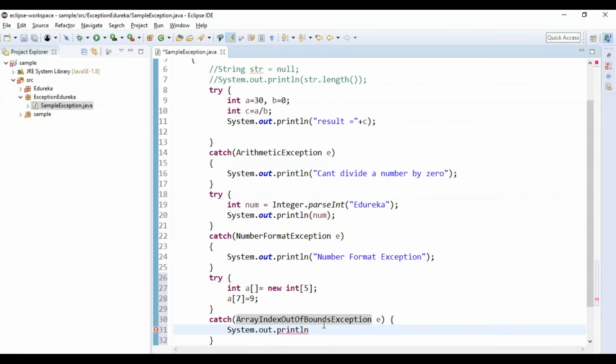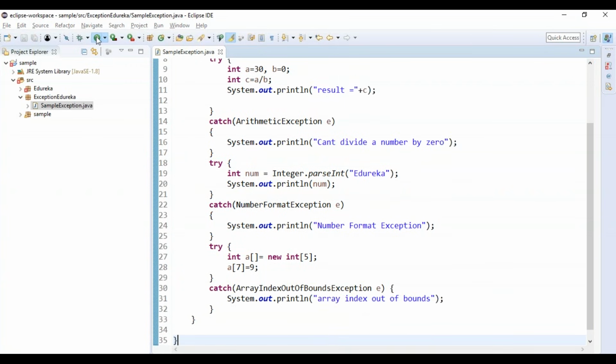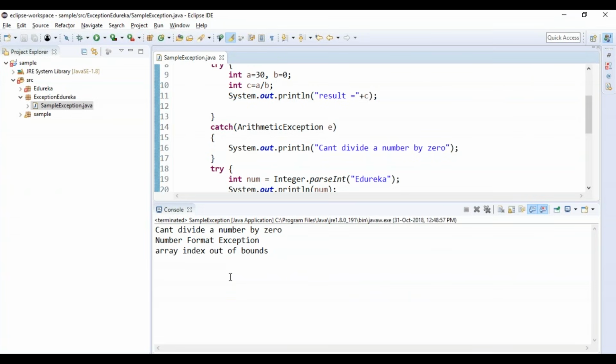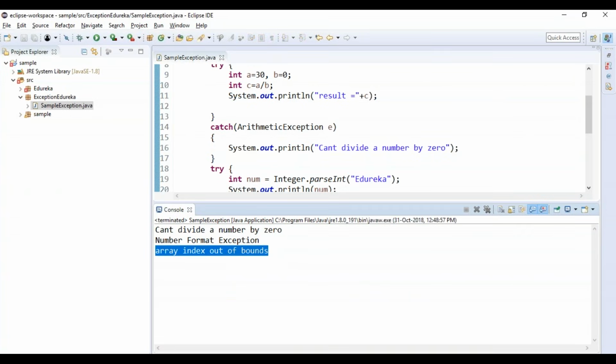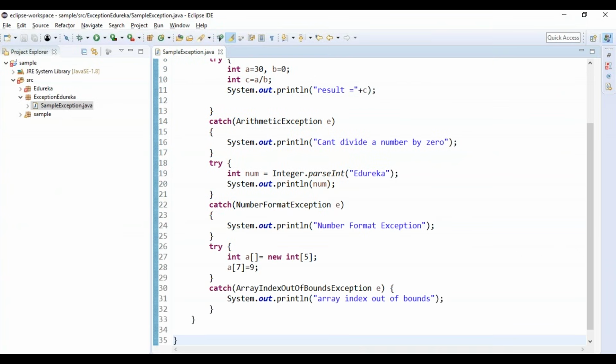Sorry, it is array index out of bounds. Now again, let's execute. As I said, again the array index out of bounds exception got handled and it printed the output. So this is how built-in exceptions are